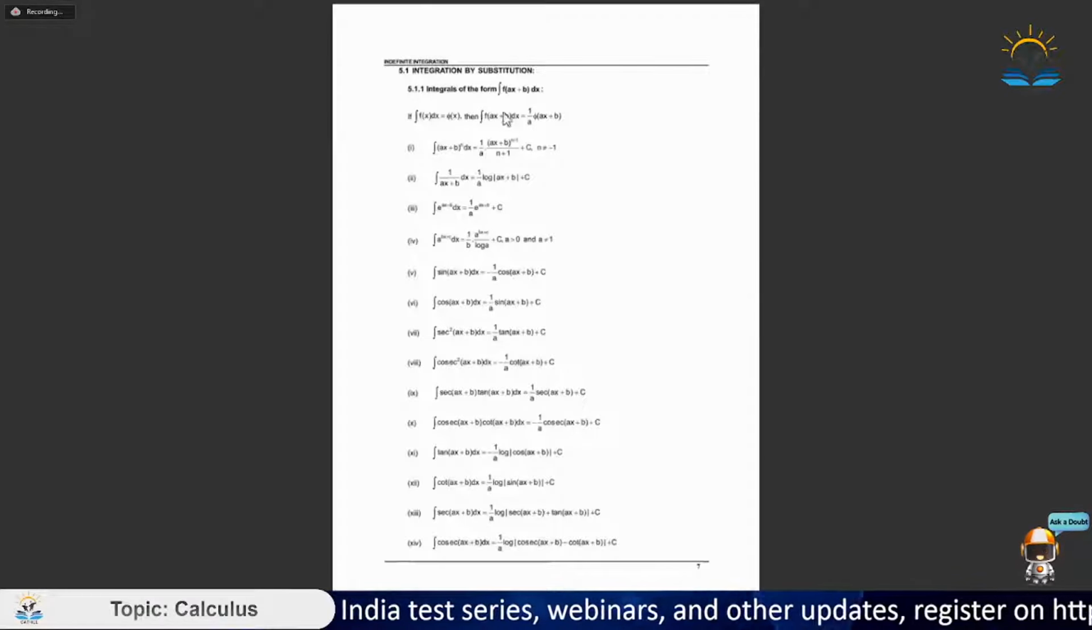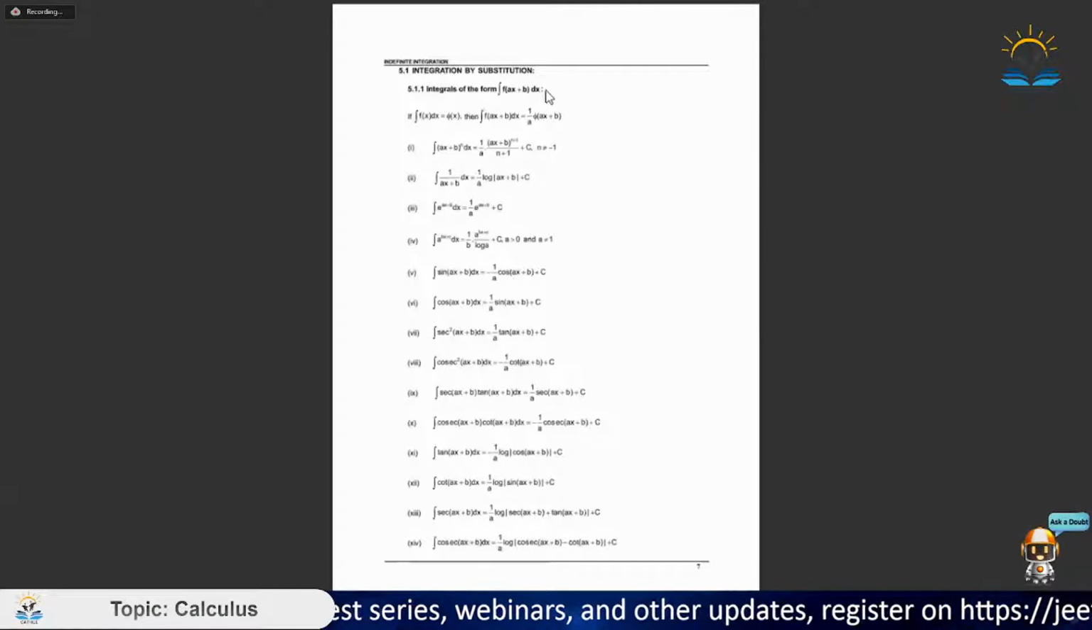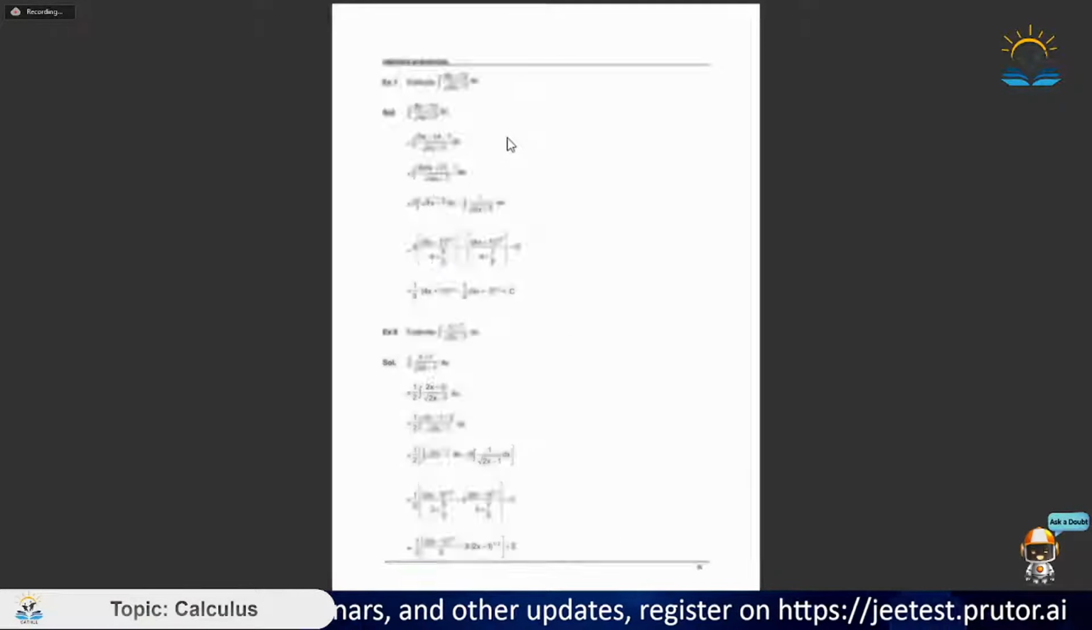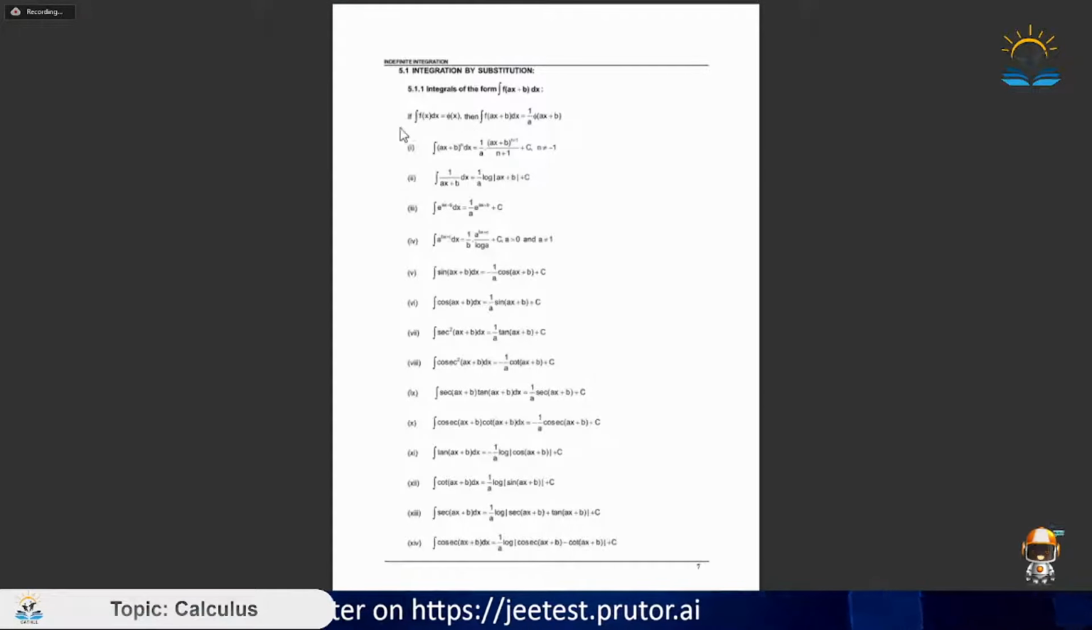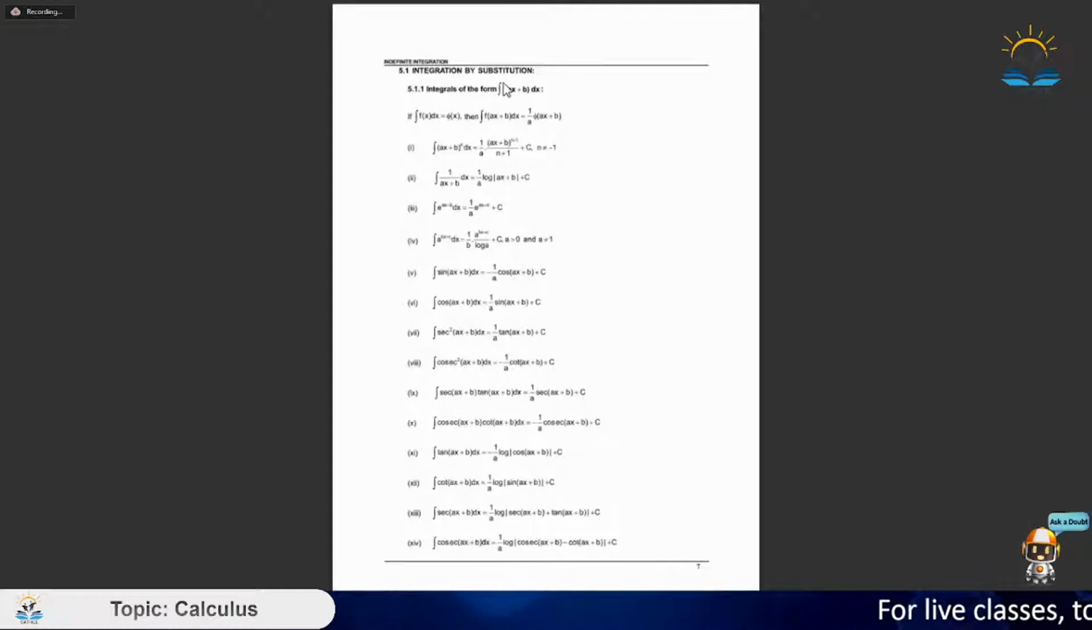Here is the list of integrals of the form ax plus b. So let us see them one by one. You do not have to remember all these 15 formulas. I will be telling you just one little trick, and it would be used in all these formulas. The trick says, when you are integrating anything of the form f of ax plus b dx,